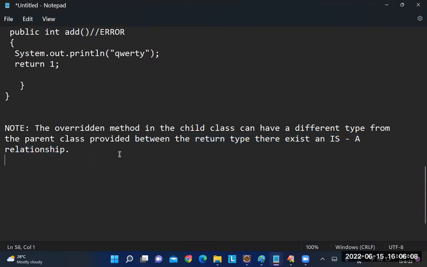I would tell you again, using data types it's not possible, but there is something called, write down, such a return type is called a covariant return type,